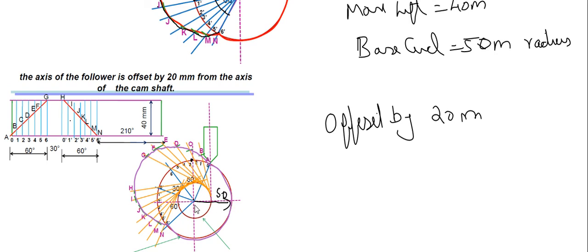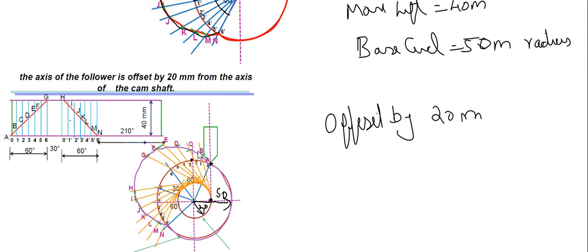Then you should draw a 20 mm circle, that is the offset circle, from the same center. The point where that circle cuts across the radius, or the tangent at the vertical axis, will be the position of the follower. So this will be the offset circle of 20 mm, and from there you will see a vertical line above. Then that will be the position of the cam.